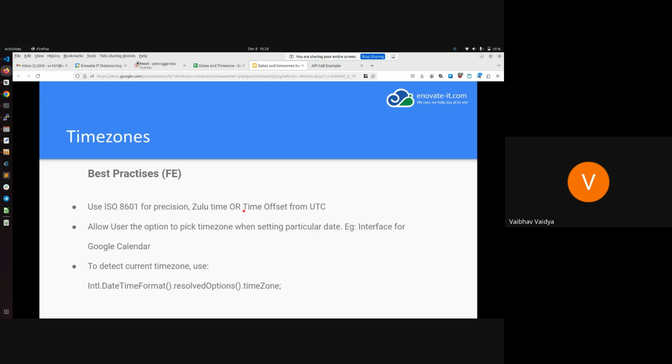Now for best practices, we have explored all the options. ISO 8601, we have explored the standard options and we have explored the time-based options. My recommendation is that the first options, which are the Zulu time or time zone offset, are the best. It is also recommended that you allow users to basically pick their